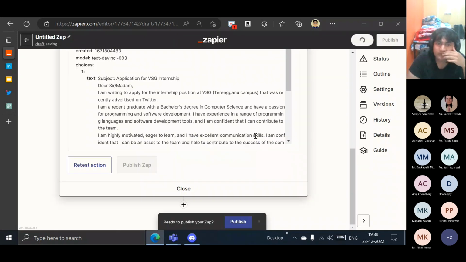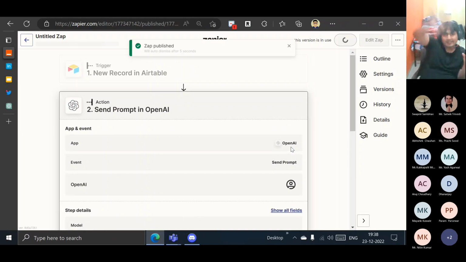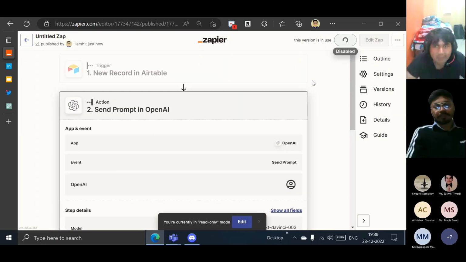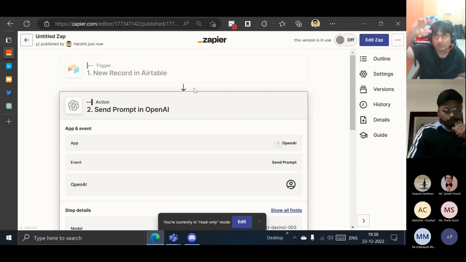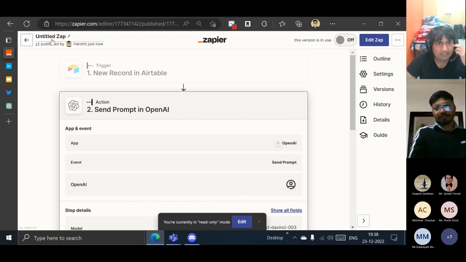Publish and turn on. So the last leg of it was to copy this result and paste it somewhere, right? But to do that, I'll have to create one more layer to it. From Airtable to OpenAI to Airtable, it will create 3 components, and Zapier in its free version allows only 2 components. So that's the catch of NoCode. It's costly, but it is what it is. We'll write this as Airtable to OpenAI